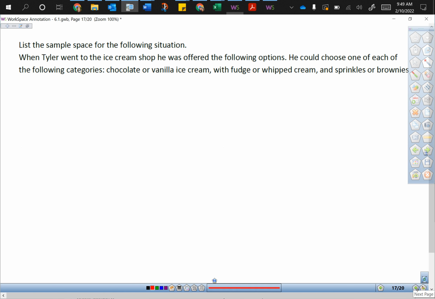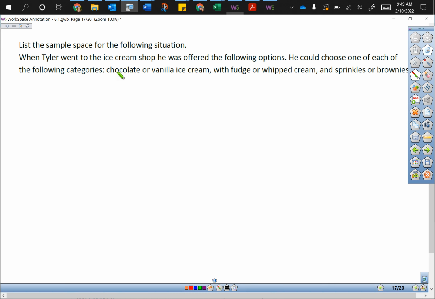All right. List the sample space for the following situation. Tyler went to an ice cream shop and he was offered the following options. He could choose one of each of the following categories: chocolate or vanilla ice cream, with fudge or whipped cream, and sprinkles or brownies on top. So we want the sample space. He can only choose